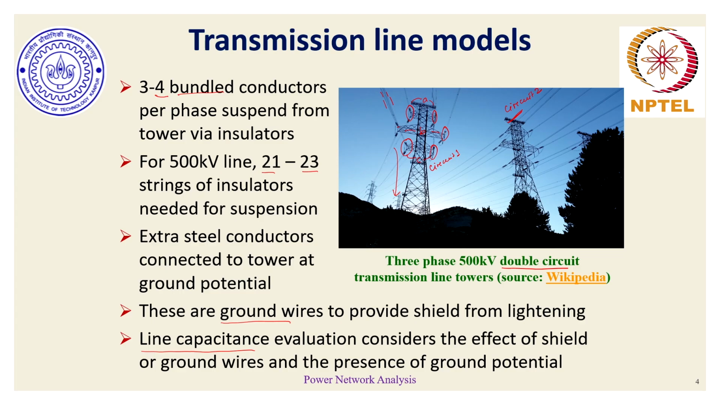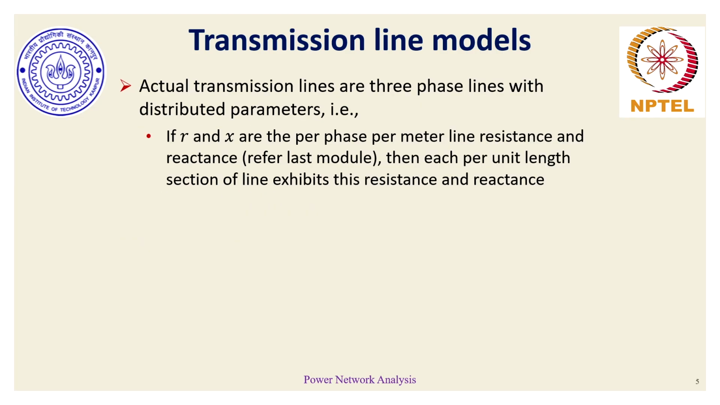Now let's see how we can develop a steady state model specifically from this perspective for these transmission lines, which are overhead, erected with the help of transmission towers. So what we can conclude from the previous module discussion is that actual three-phase transmission lines all have distributed parameters, and that is the reason why our line resistance, line inductance and line capacitance